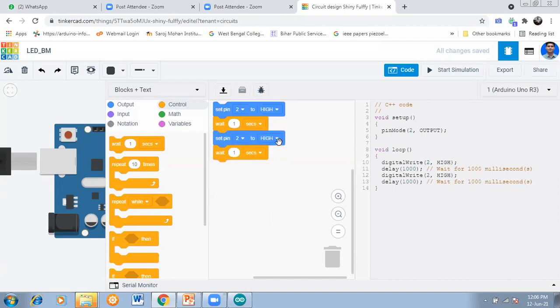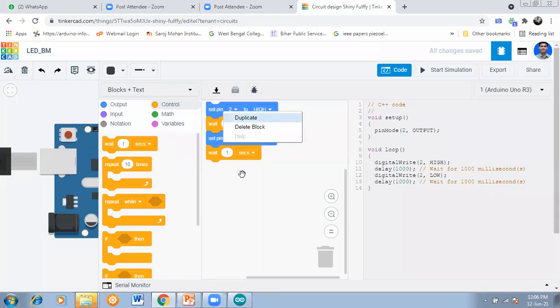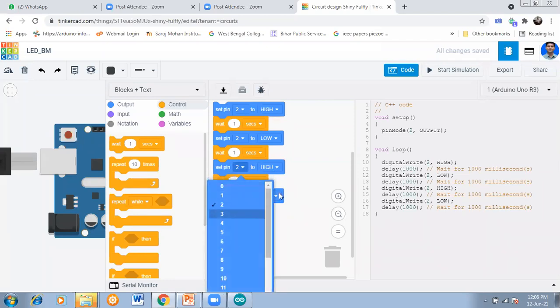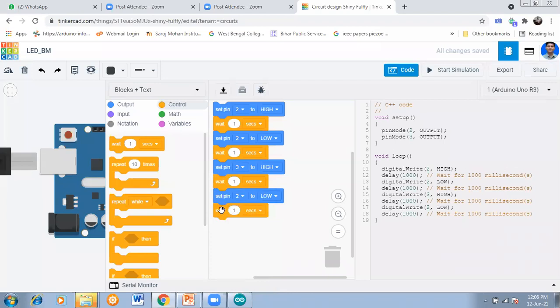Pin number 2, make it low. So pin number 2 is low, then wait for 1 second. Now duplicate the code. Now we'll use pin number 3. Pin number 3 high 1 second, then pin number 3 low for 1 second,